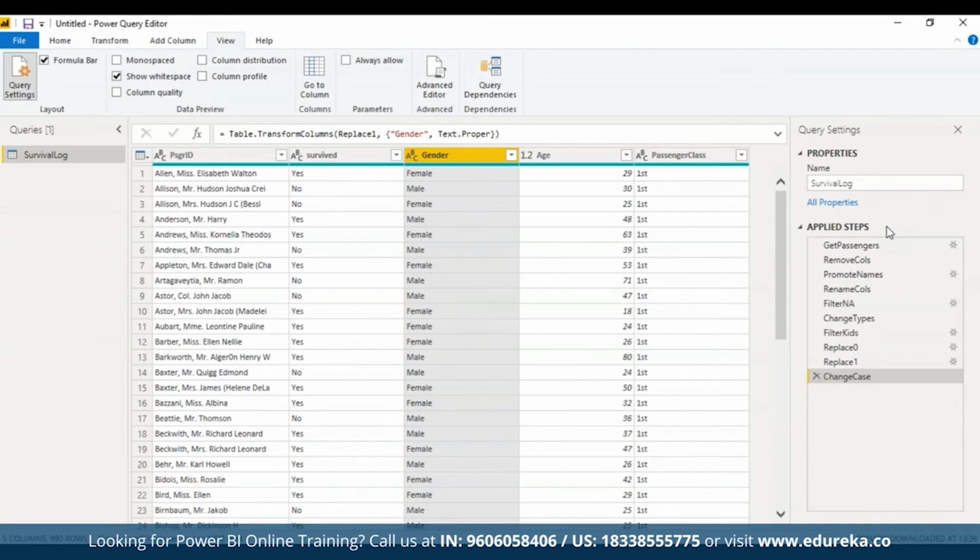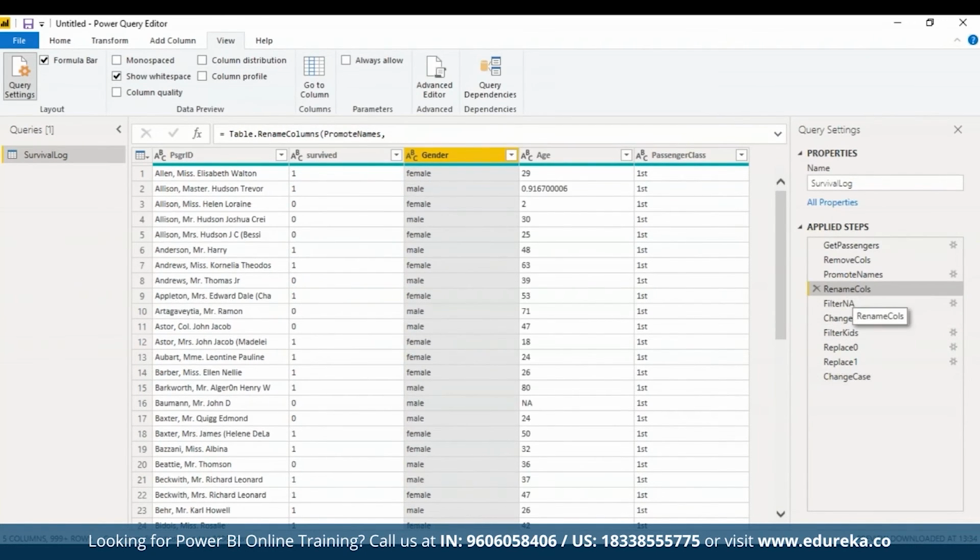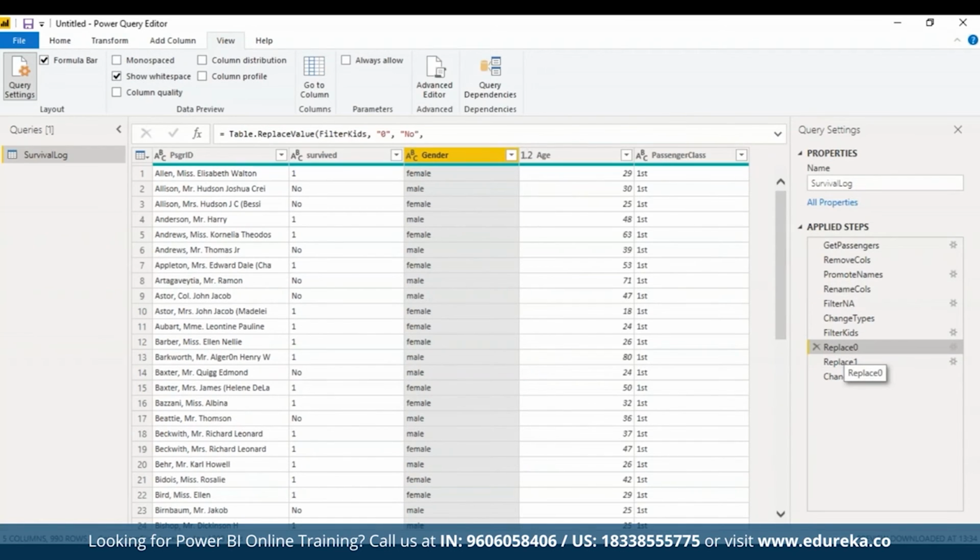And notice that the applied steps section includes one step for each variable defined in the let statement, and all of them are specified in the same order that they appear in your statement. If you select a step, let's say this, the data displayed in the main window will reflect the contents of that particular related variable. If I click on this, you see we are back to the step where the ones were not replaced with